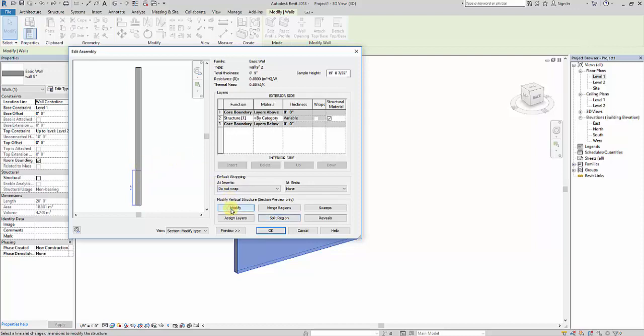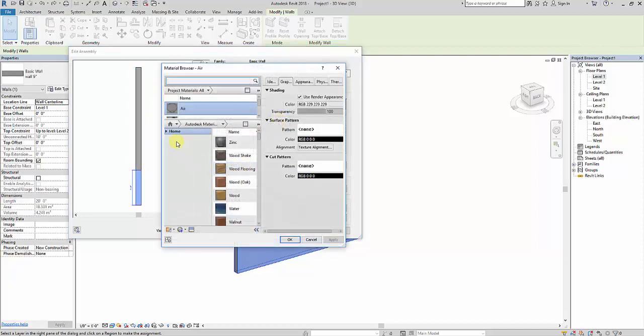Next I'll click on modify, assign layers and click on insert. So you will get again two layers here. Now what I will do is I'll select any one layer and I'll select the splitted portion of the wall. Okay, so you can see I selected this layer and I selected the splitted portion of the wall. Make sure you don't select both the portions of the wall. You have to select just the splitted portion of the wall. Now select the next layer. You can see automatically the blue portion is showing this side. So again here apply the material as per your requirement.